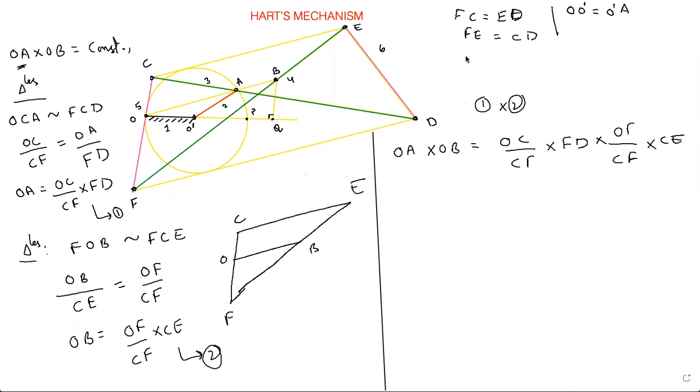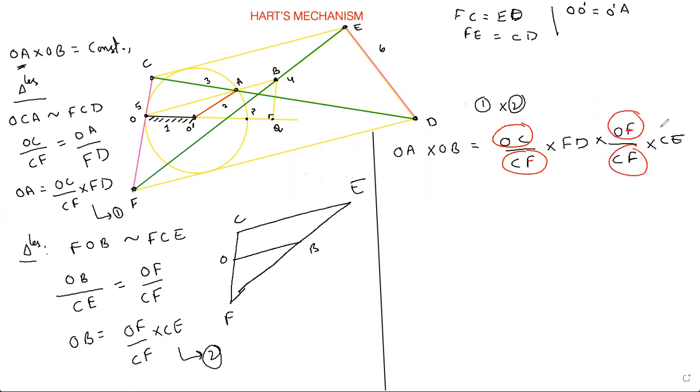Now out of these, we'll mark out what are constants. Where is OC? OC is constant, right? Link length OC is constant. I'll just round up what are constants. This is constant, and this is CF, right? So CF also is constant because it's a link length. FD, is it constant? No. It's a trace line, yellow. For reference, I have taken that. FD is not constant yet. And OF, is OF constant? O and F, yeah, constant. Done. It is constant. CF constant.